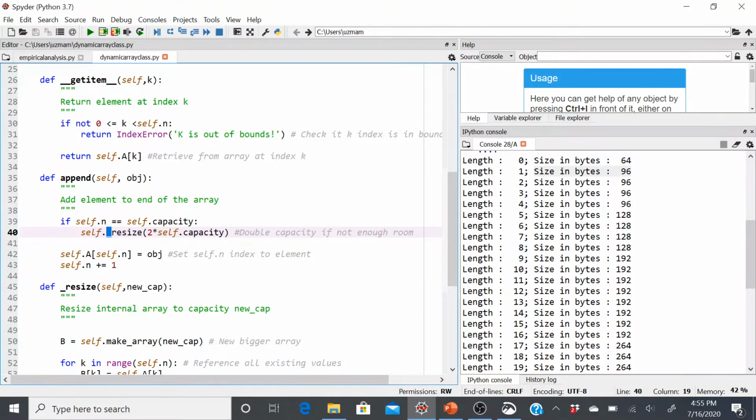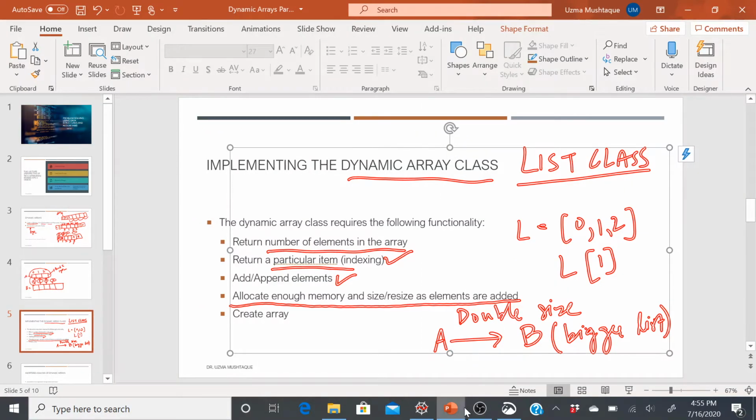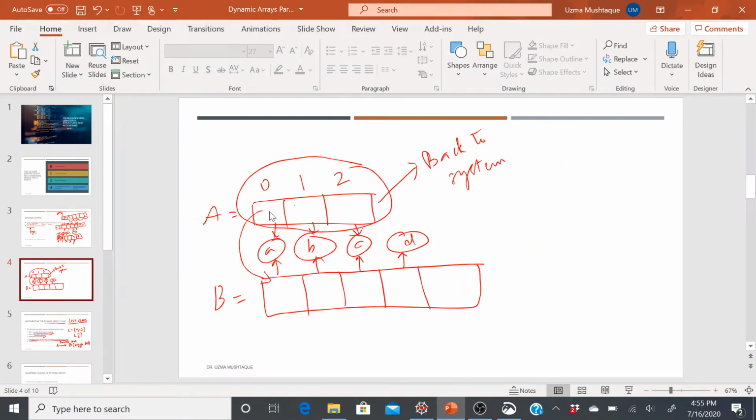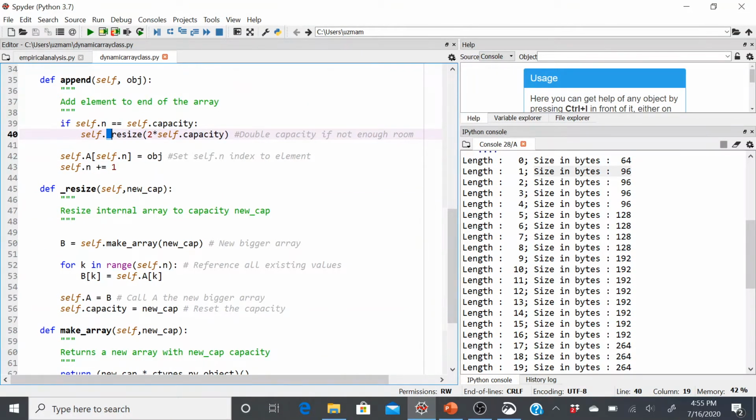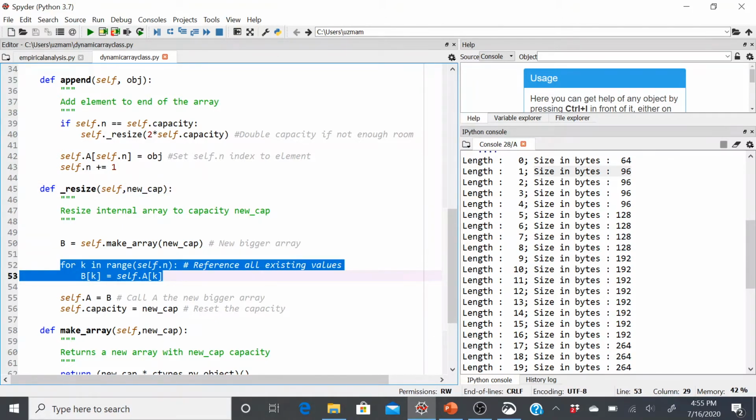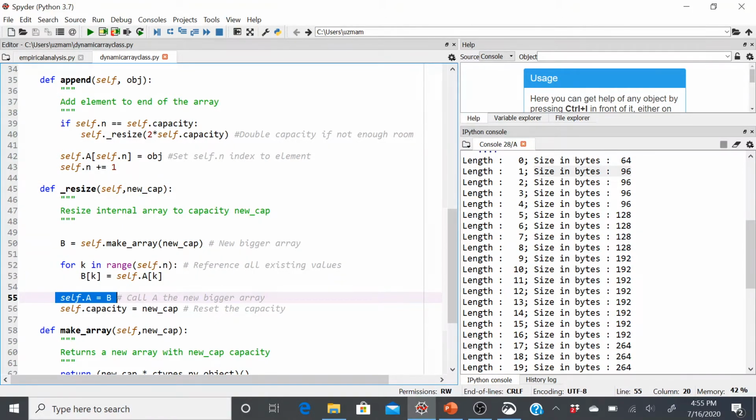This is important because this does this A equals B thing, which we just talked about, right? Initially we started with an A, but then we thought that it ran out of space. So create another array and then copy all these elements here and also add this new element. So this has to happen in any dynamic array. That's what resize is doing, right? Here, this is the B, make a new bigger array of some new capacity. And this new capacity is going to be double the original one. And here, notice all the elements will be copied, right? Reference all existing values and then reassign and free the other array if you can.